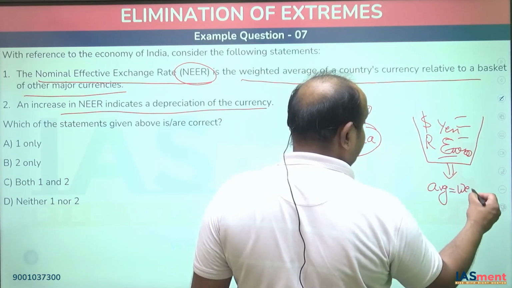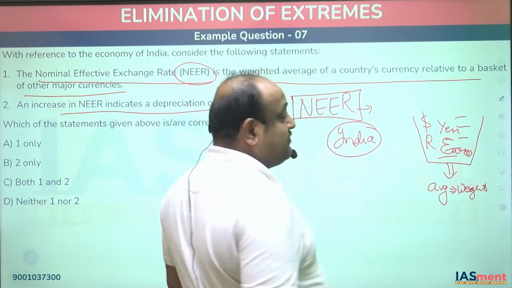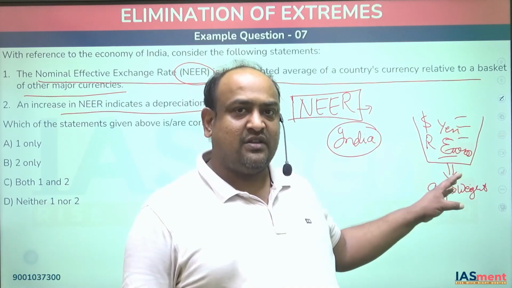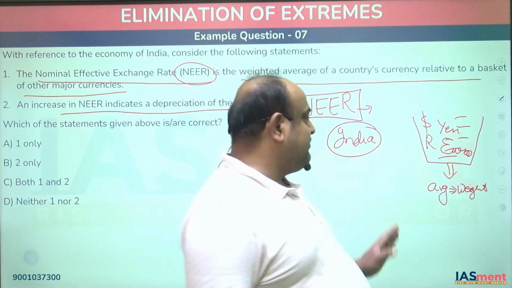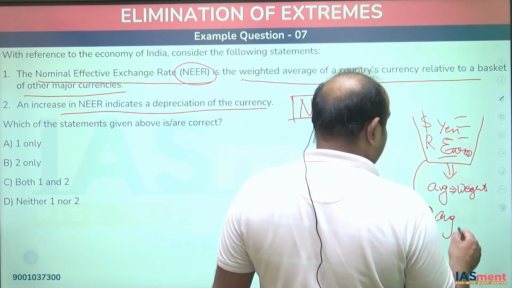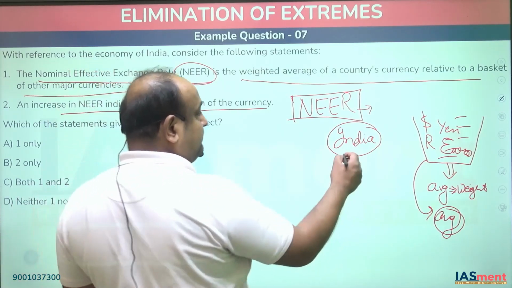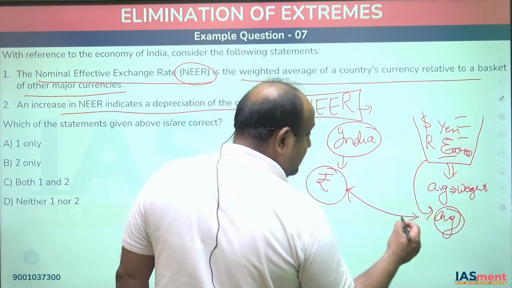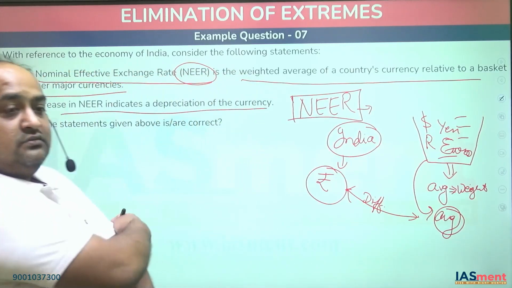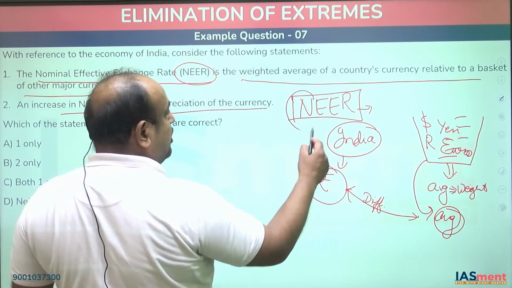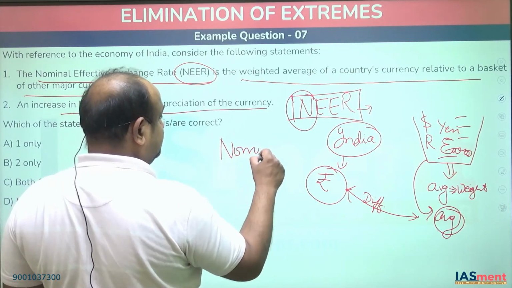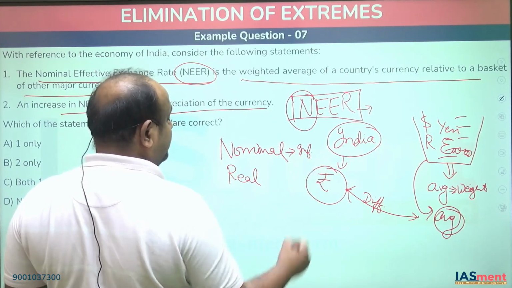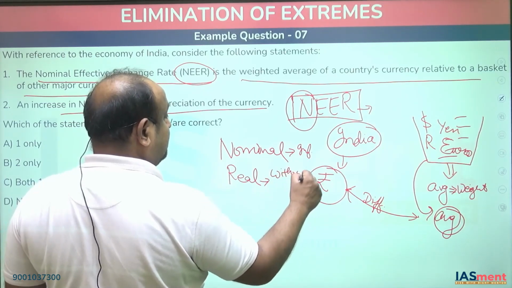इनकी हम एवरेज निकाल लेंगे as per their weight in this basket. वेट का मतलब इस बास्केट में जो जितनी ज्यादा करेंसी है उसका उतना वेट, जो जितनी कम करेंसी है उसका उतना कम वेट। इस हिसाब से इसकी एक एवरेज निकाल लेंगे। आप वेट को छोड़ो, बस इतना समझ लो कि हम इसकी एक एवरेज निकाल लेंगे और फिर हम कंपेयर करेंगे कि जो इंडिया की करेंसी है इसमें और इसमें क्या डिफरेंस है। ठीक है, इसको बोलते हैं नीर। नॉमिनल और रियल में क्या अंतर होता है? नॉमिनल इज इन विच इन्फ्लेशन इज ऑल्सो इंक्लूडेड एंड रियल मीन्स विदाउट इन्फ्लेशन।